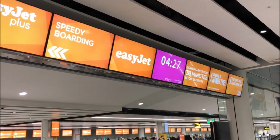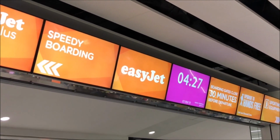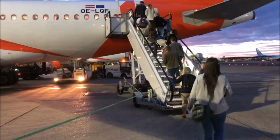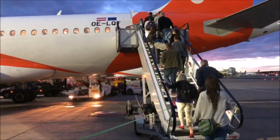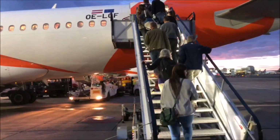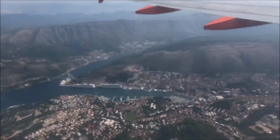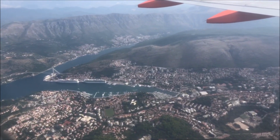So we had to get to the airport really early, as you can see. The flight, however, was only about 2 hours, so it was really short. And here we are boarding the plane. It's still dark outside, but it was a really nice flight. We were able to fly over beautiful Croatia